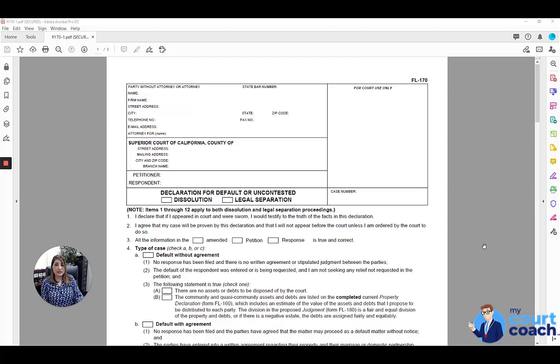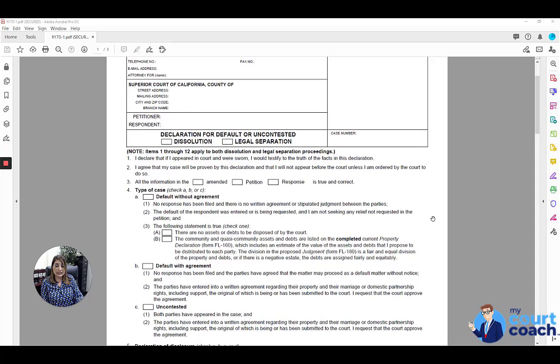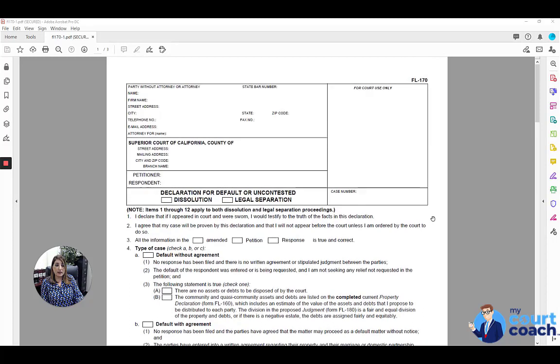I'm Sarah and I'll be your instructor today as we talk about the Declaration for Default or Uncontested Dissolution or Legal Separation case, also known as Form FL170. This is a form that gets submitted along with your judgment packet, and it can be confusing because it pertains to judgments that are either defaults without an agreement, defaults with an agreement, or uncontested cases. And depending on which one of those cases you fall under, you would have to mark certain boxes. So I'm going to try and go slowly through this form just to make it clear which boxes you're supposed